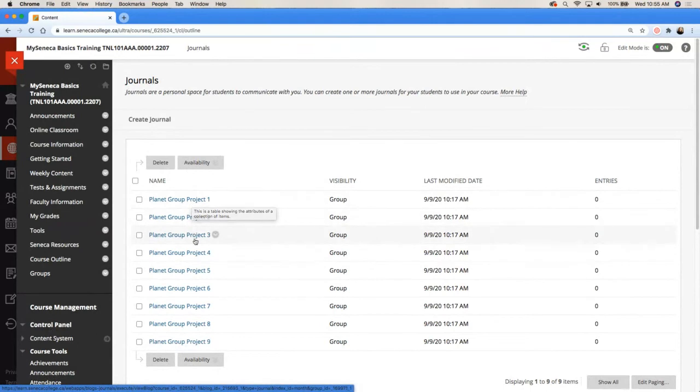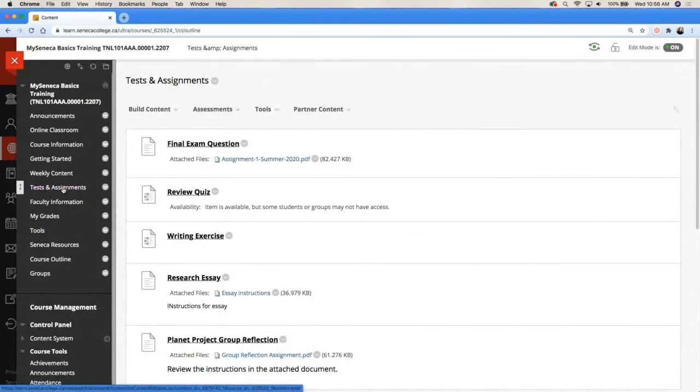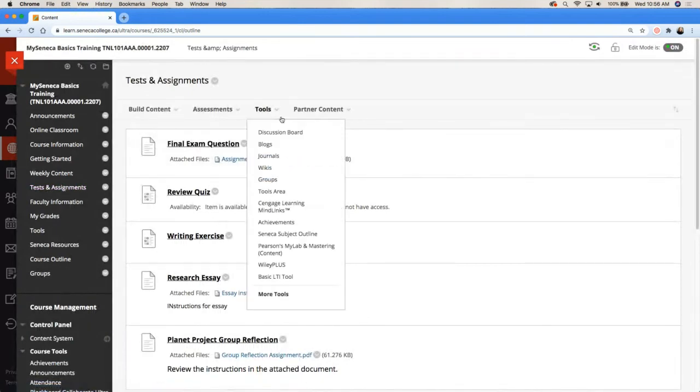Kevin added a journal to this group project, so that's why you see all these journals in here. But if you wanted to create a journal as an assignment for students, you could do that as well. Or if you just wanted them to track their reflections about some sort of work integrated learning or some experience that they're having, you can do that too. So I'll put this under assignments. If we go under tests and assignments, you can see under tools,